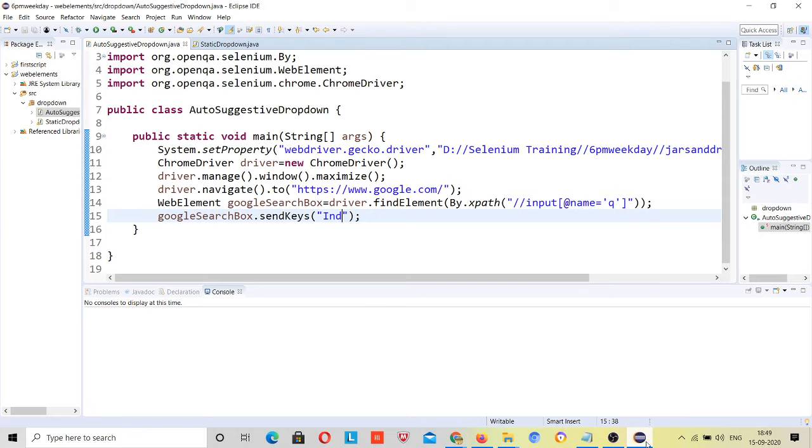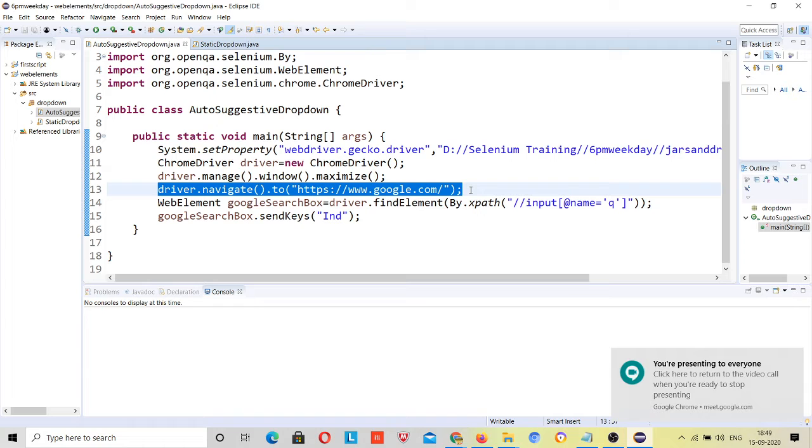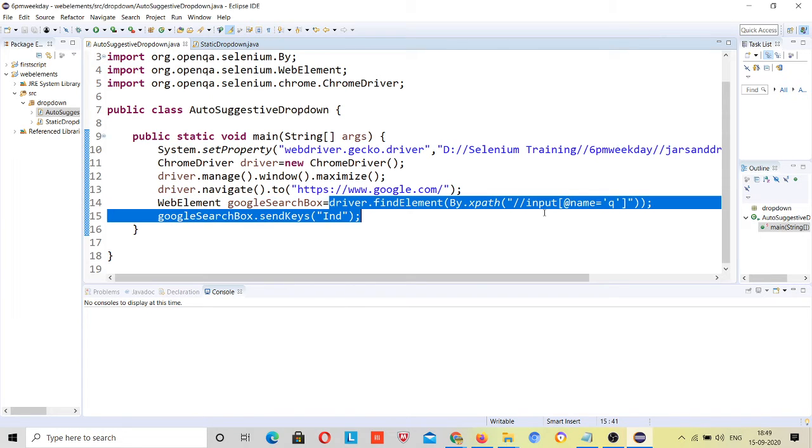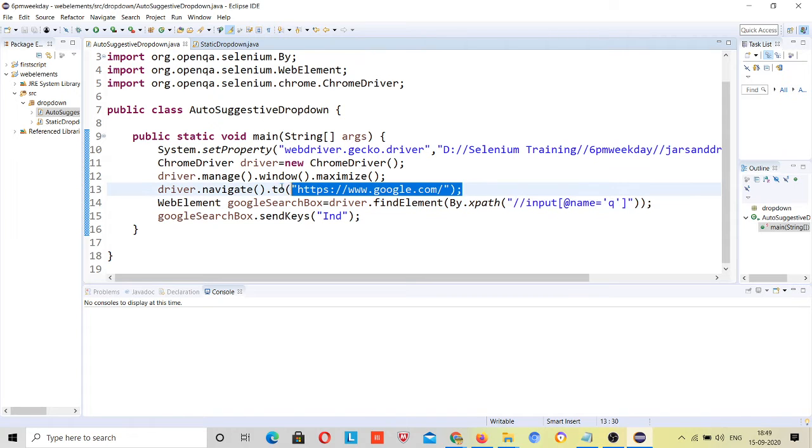Once this line of code is executed and navigated to google.com, instantly it will try to search this element in your page, and there may be a chance that this URL is not fully loaded.